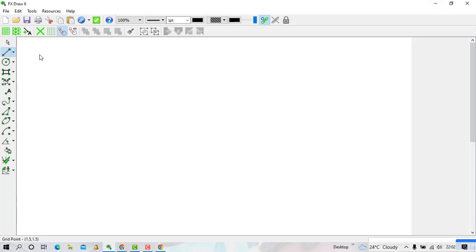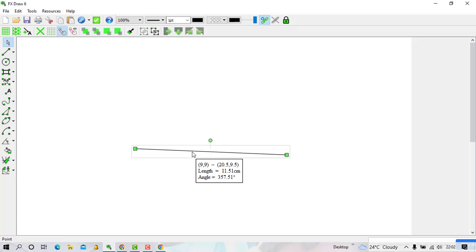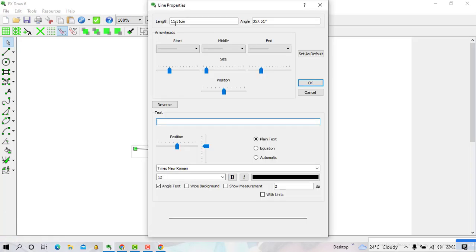Still the basic is the line. I'll start here by the line like this. Then I select that line so that I edit the properties to make the desired length. Maybe the line is of 10 centimeters, then the horizontal is 0. Then I place the arrowheads.